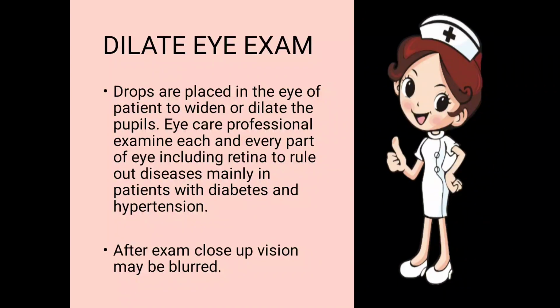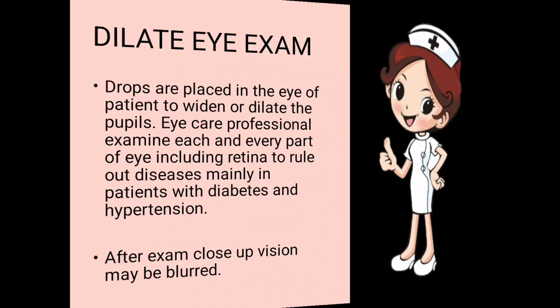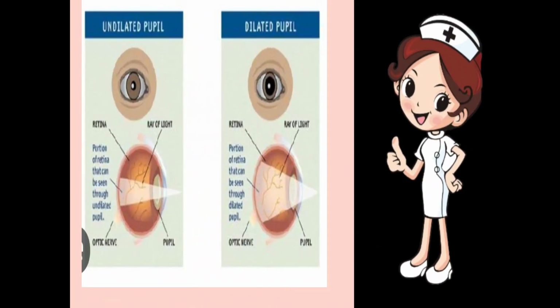In a dilated eye examination, drops are placed in the patient's eye to widen or dilate the pupil. If you can see here, this one is the eye, this one is the undilated pupil and this one is the dilating pupil. We put the drops inside the patient's eye to widen the pupil. Now, in the case of an undilated pupil, before putting the drops,